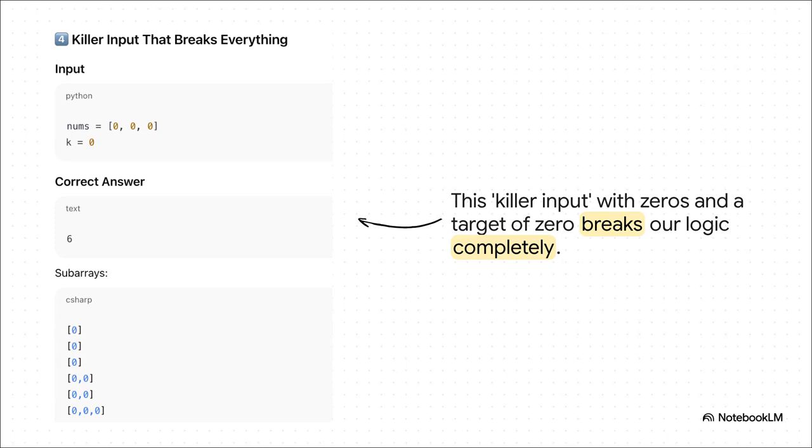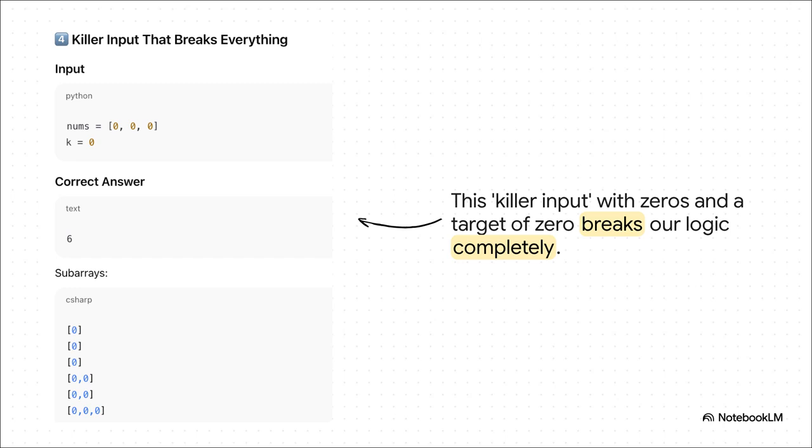Okay, now this is what I like to call the killer input. This is the one that just shatters everything we thought we knew. An array of 3 zeros, 0, 0, 0, and we're looking for a target sum of 0. Now, based on the code we've seen so far, what would you guess the answer is? Maybe 3 for the 3 individual zeros? The real answer is